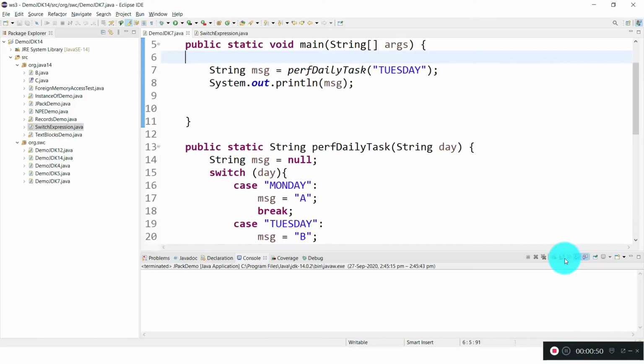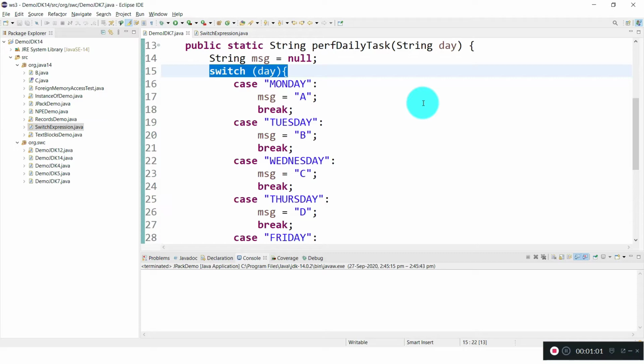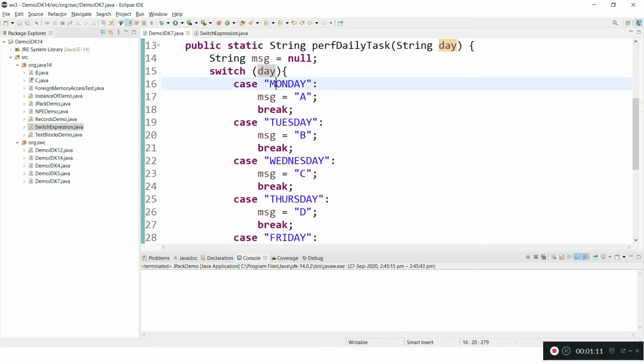Here I have one example from JDK 7. This is how we write switch statements. We take a switch and pass the data. From Java 7 onwards, data can be passed as a string as well, apart from numbers, characters or enums. So I am passing the days, and for each day I am performing some business logic. You can assume some logic, and after each case we have to keep a break. If we don't keep the break, what is going to happen?